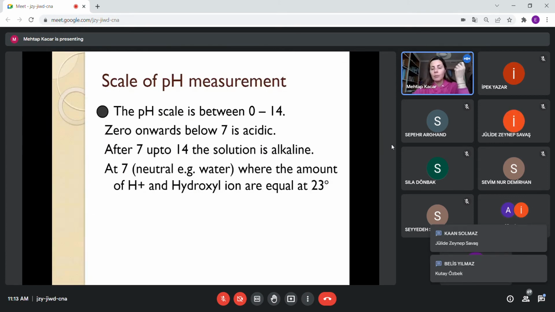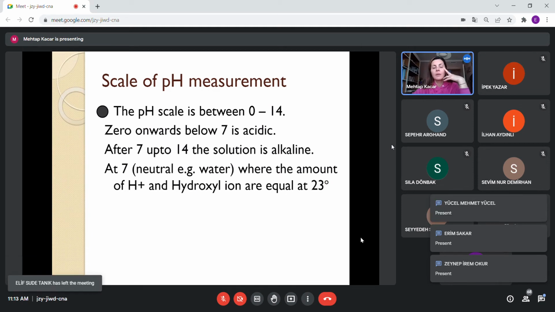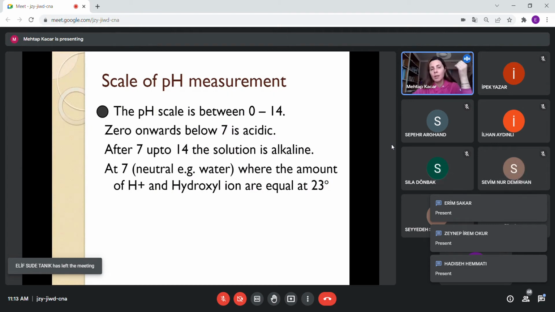A scale of the pH. The pH scale is between 0 and 14. From 0 up to below 7 means acidic pH, and after 7 up to 14, the solution is alkaline. At 7 is the neutral point. For example, water has a pH of 7, which means the amounts of hydrogen and hydroxide ions are equal at